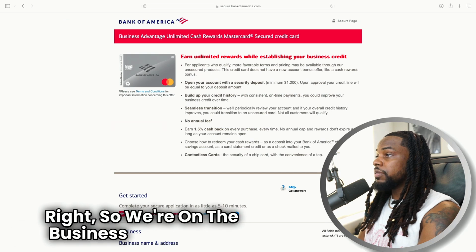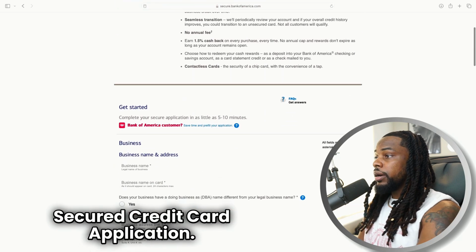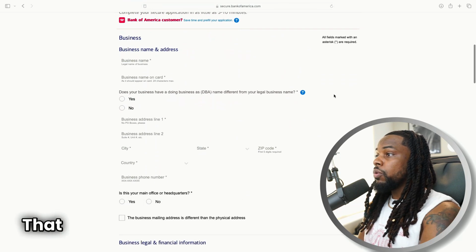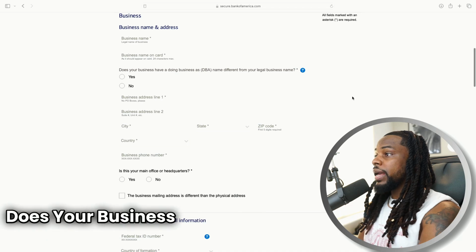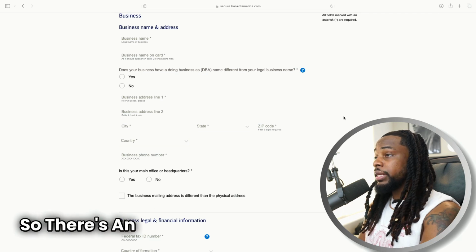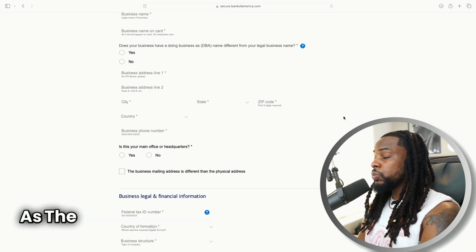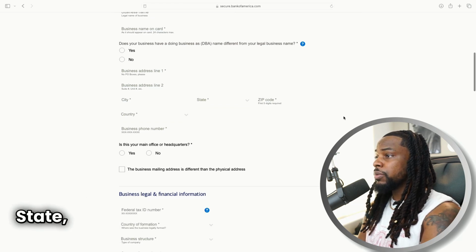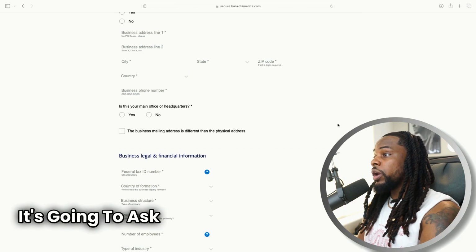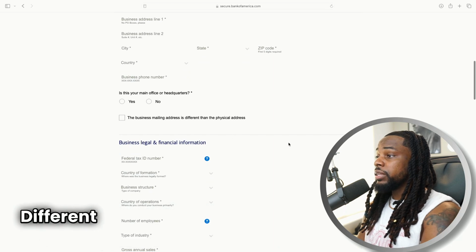All right, so we're on the Business Advantage Unlimited Cash Rewards MasterCard Secure Credit Card application. When we scroll down, it's going to have us enter our business name, the business name that we want on the card. Does your business have a DBA, a doing business as? So there's an alias that you may have for your business. You need to enter the business address as well as the suite number or unit number, the city, state, zip code, the country, your business phone number. It's going to ask where your main office is located, the business mailing address if it's different than the physical,